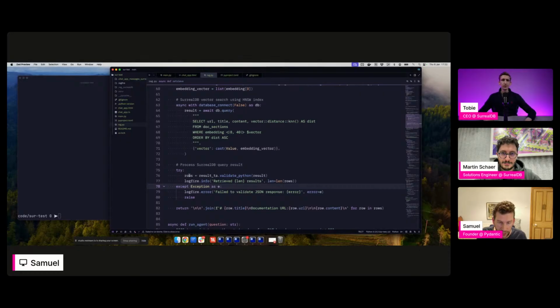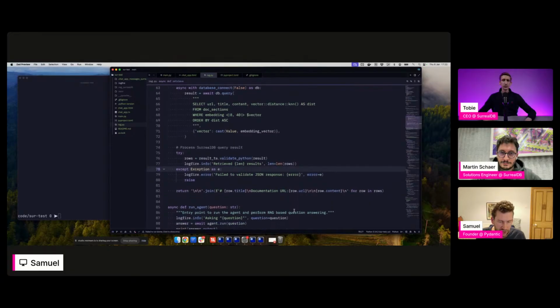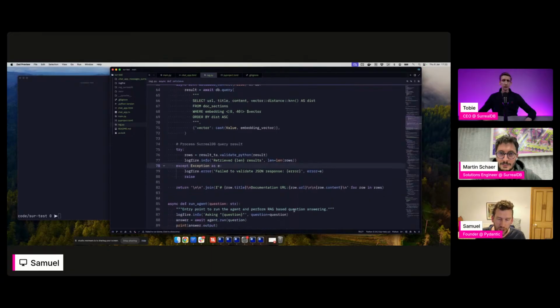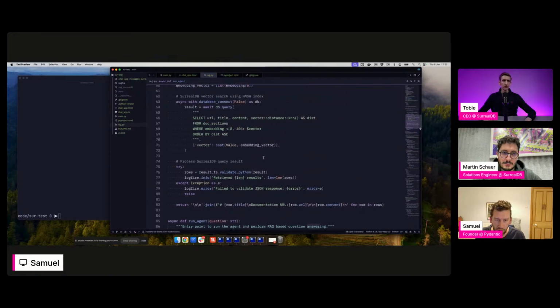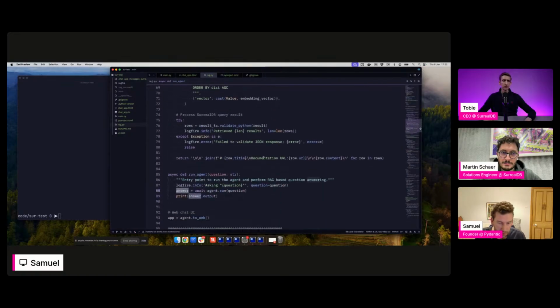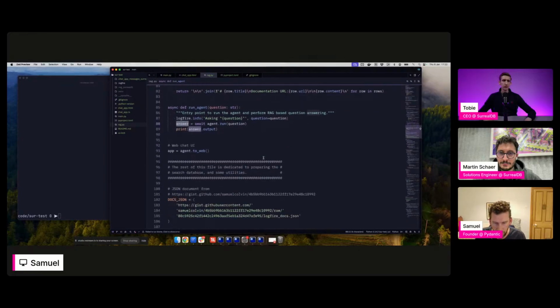And so ultimately we have this list of query results, and we're going to format them and return them to the LLM, which can then use that to answer the user's question. So this is a very simple example of running the agent. We're just going to call agent.run and print result.output, which will be the return text. That'll make more sense when I run this with Logfire and show you what's going on.